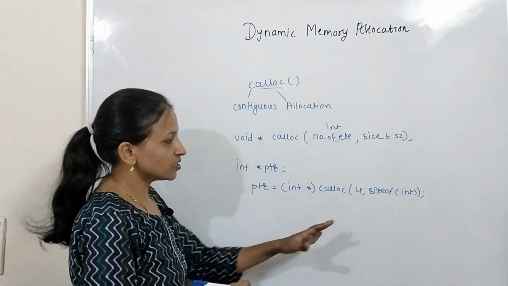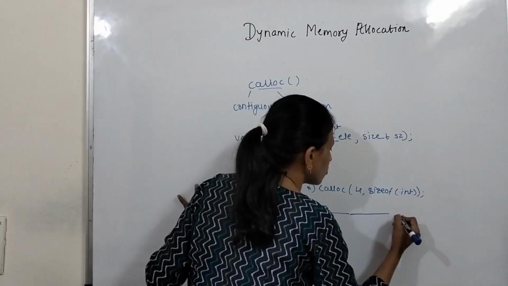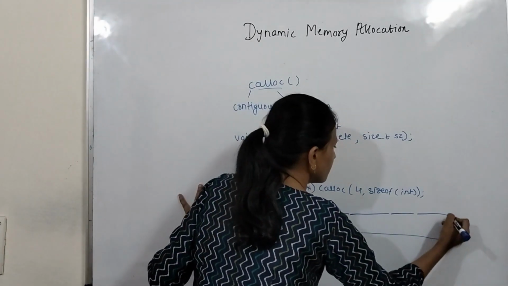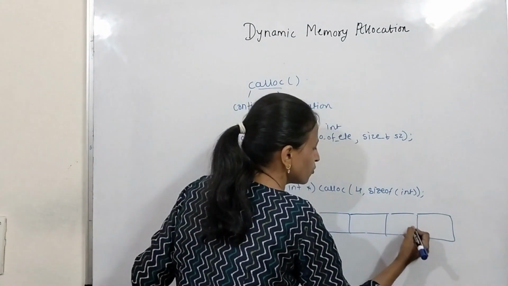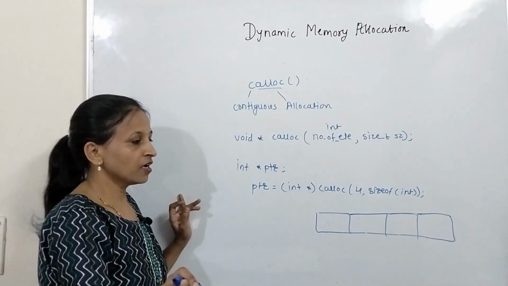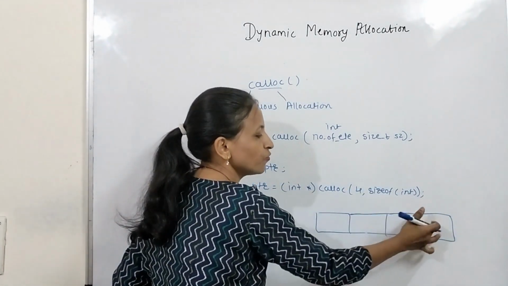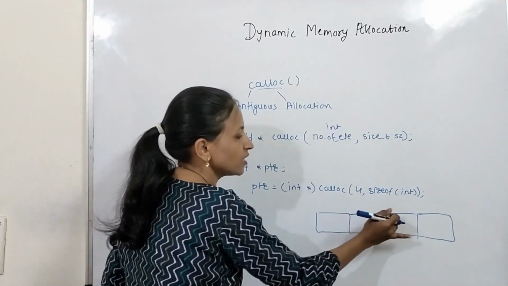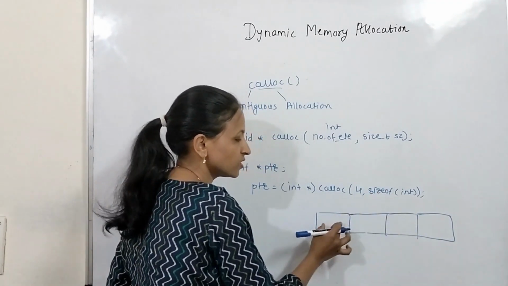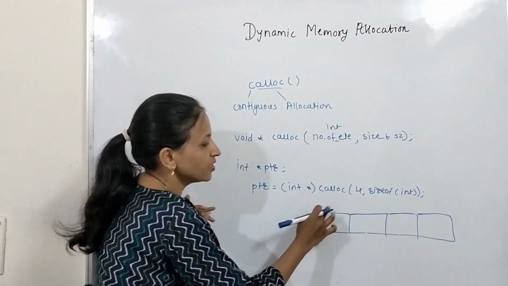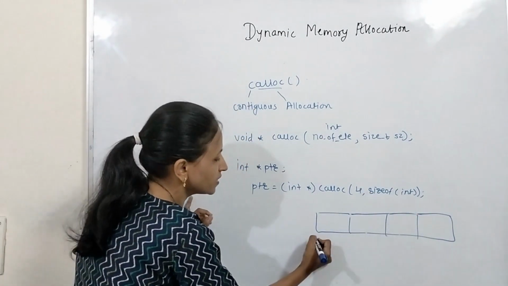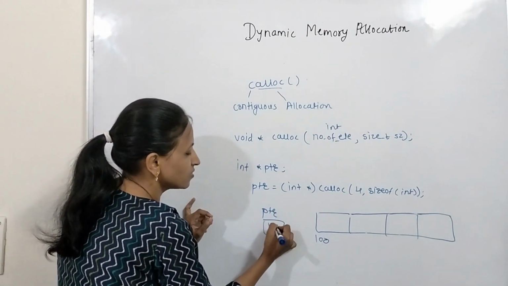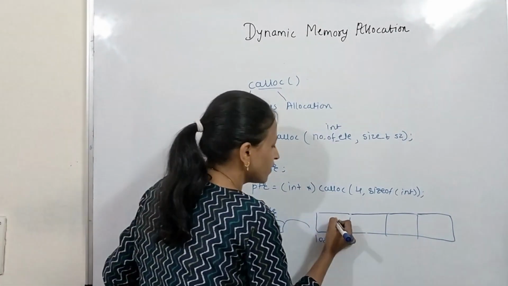Let's say the integer size is 4, then it will dynamically allocate a contiguous block of 4 bytes, then 4 bytes, then 4 bytes. Contiguous allocation will be there for 4 elements having 4 bytes each. Getting? In this way it will allocate space. Now the first, second, third and fourth elements will always have the size of an integer, and the base address, let it be 100, will get returned and stored inside that ptr. In this way the internal structure will be, and the initial value will be 0.